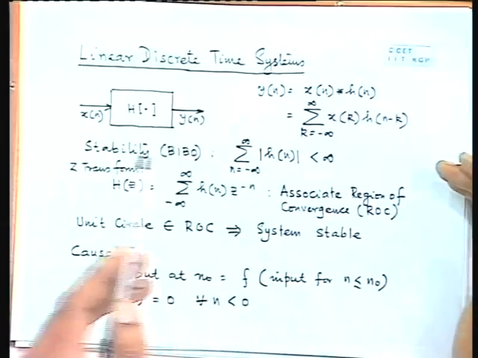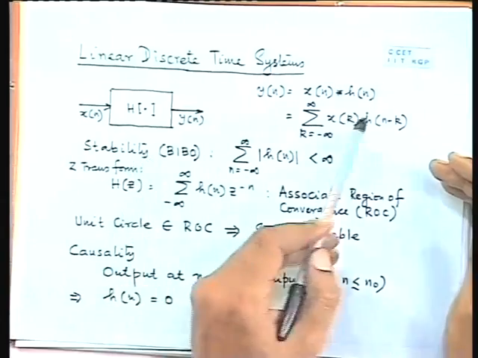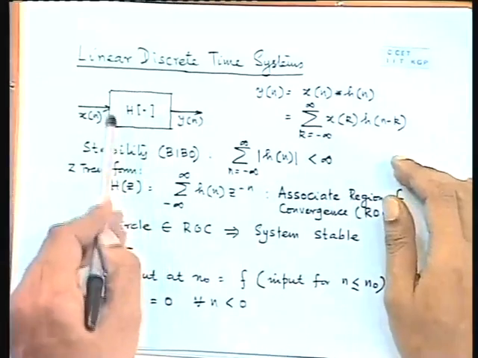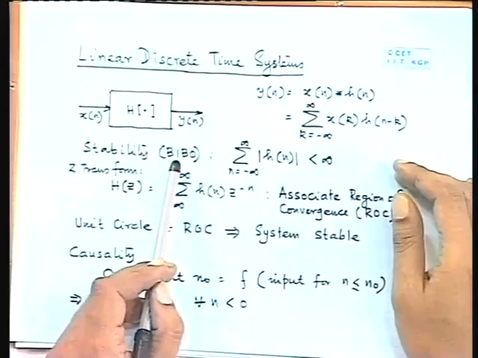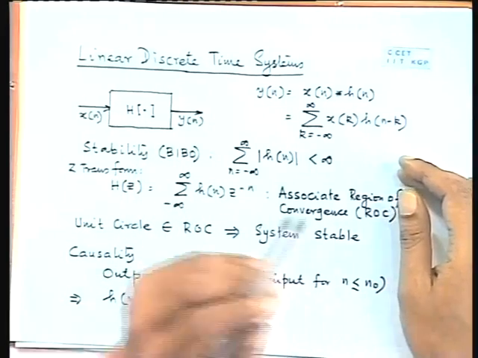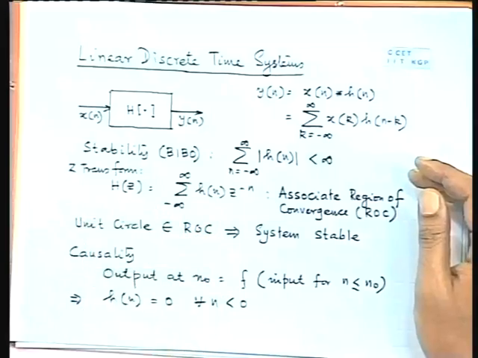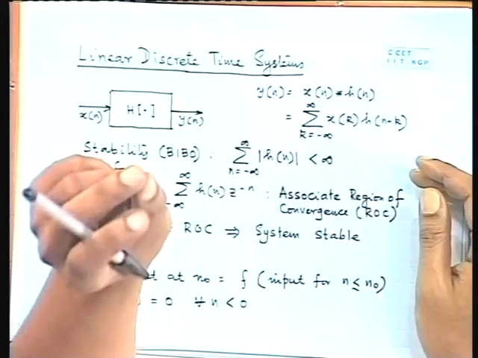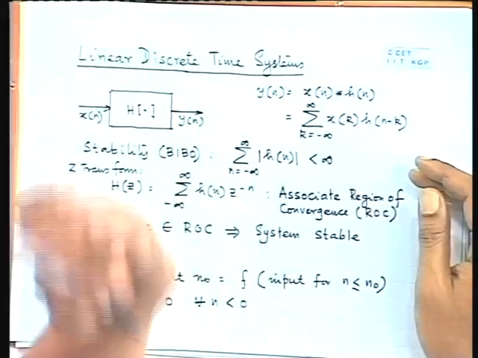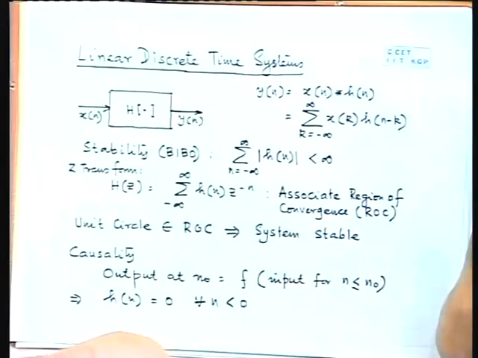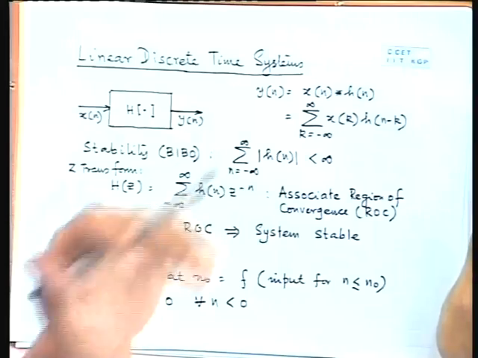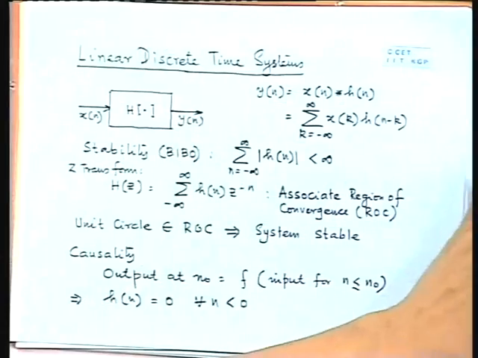So when shall we say that this filter is BIBO, meaning bounded input, bounded output stable? That means if you apply a signal all of whose values are bounded, then you will get out a sequence all of whose values will be bounded. So if you feed bounded input, you will get bounded output. This is called BIBO stability. This is the most general definition of stability.